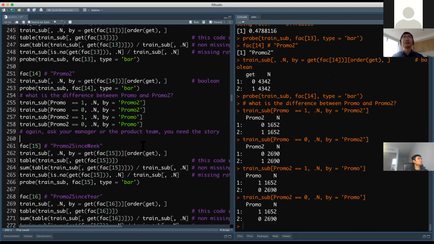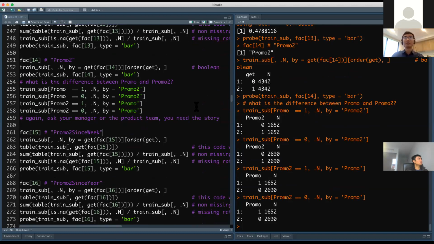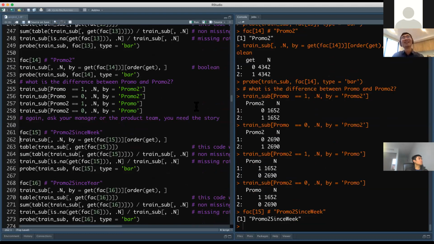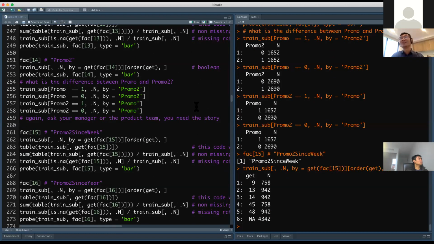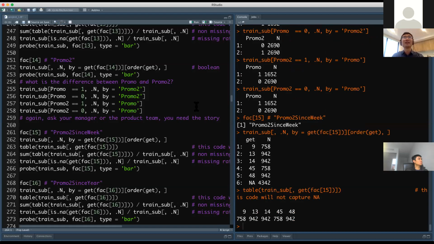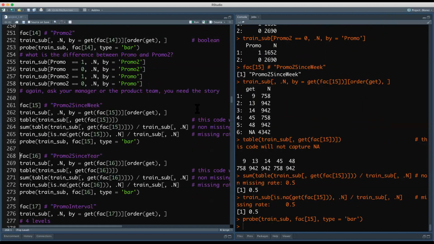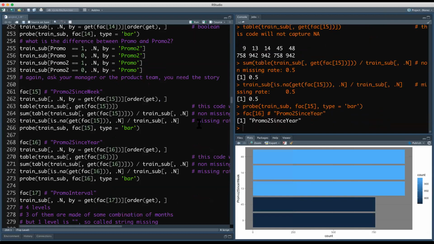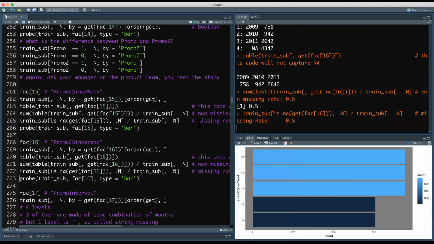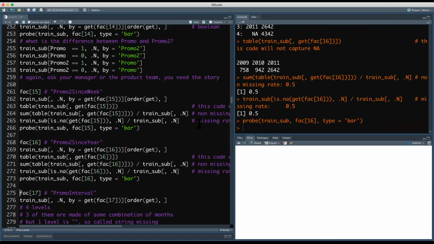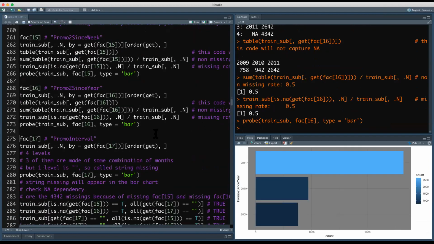The next one is promo 2 since week. Okay. And we have this distribution. Okay, very similar. I won't cover in too much detail. And next one, promo 2 since year. Okay. The last one,